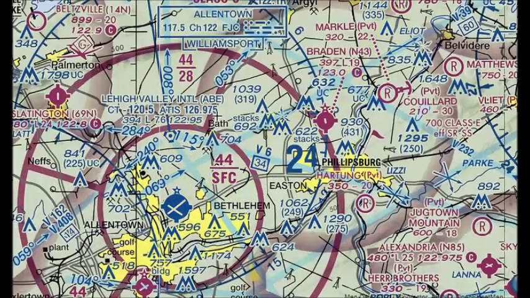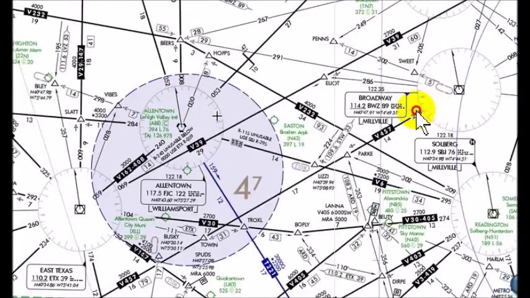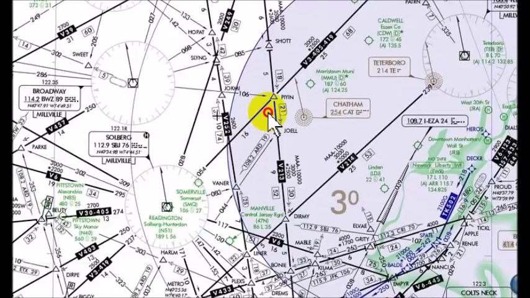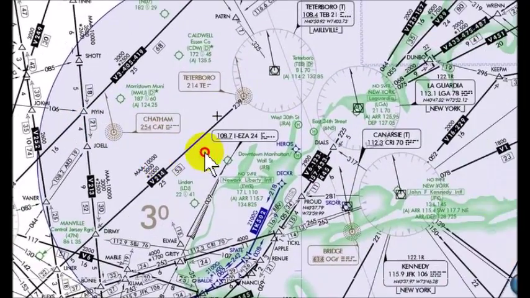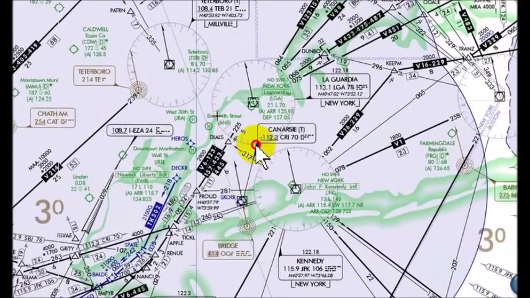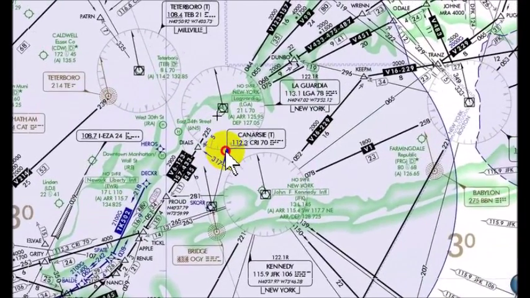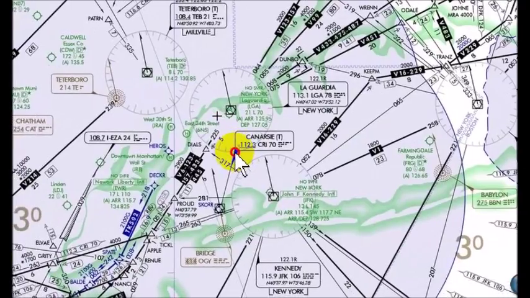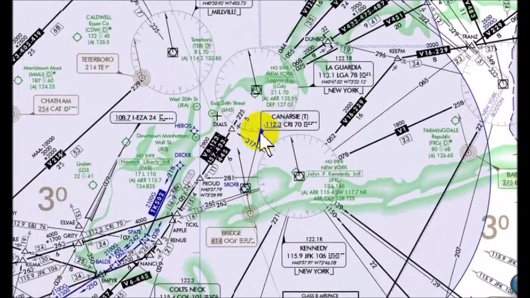Now there is another chart we can use called a low altitude en route chart. This takes out a lot of the clutter. This is a chart that is basically used by instrument rated pilots for IFR operations, but I always suggest that you look at them both. So we can see the waterway, just as we fly westbound, we'll pick up the waterway,